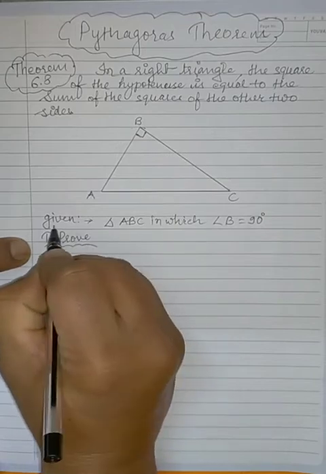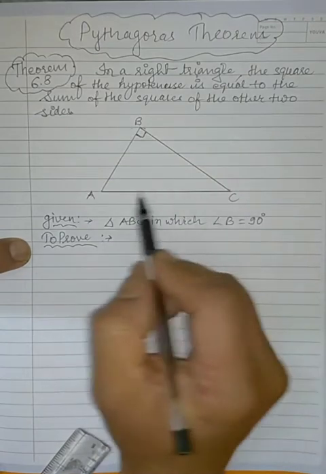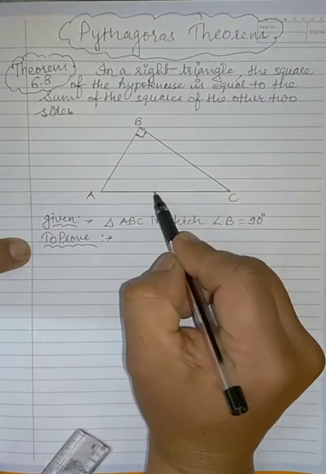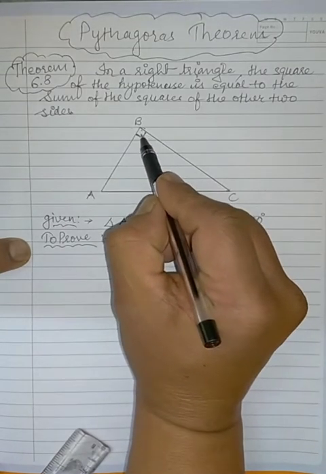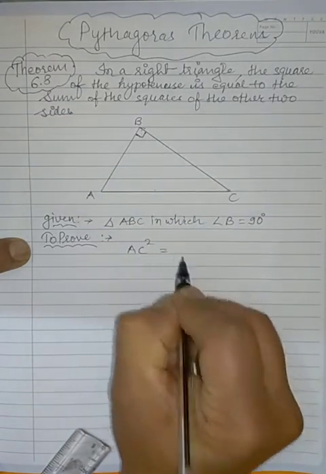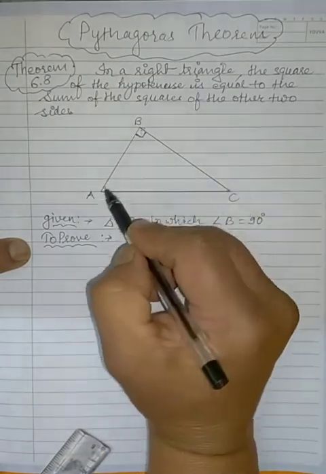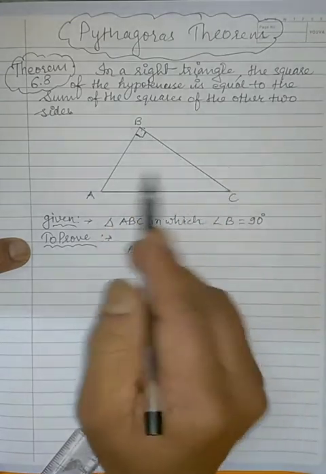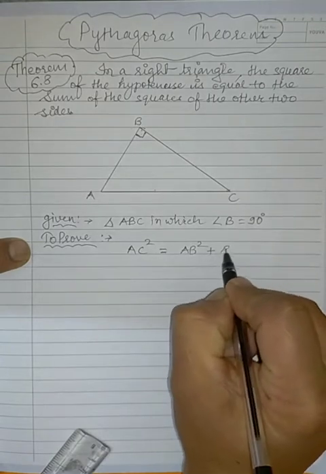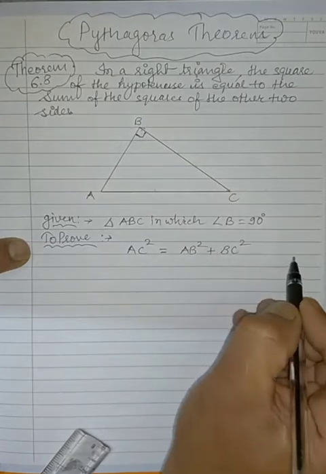To prove the square of the hypotenuse means AC, the side in front of 90 degree angle. So this is the angle of 90 degree and the side in front of this angle is this. So AC is the hypotenuse. So AC square is equal to sum of the other two sides. Other two sides are AB and BC. We can add them in any order. So AC square equal to AB square plus BC square, or you can say AC square equal to BC square plus AB square. Both are same.